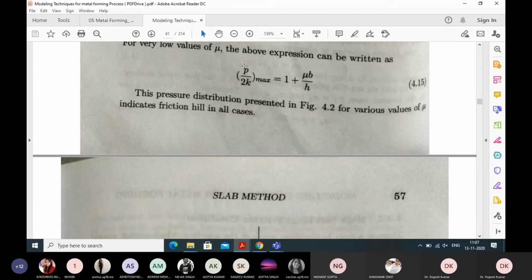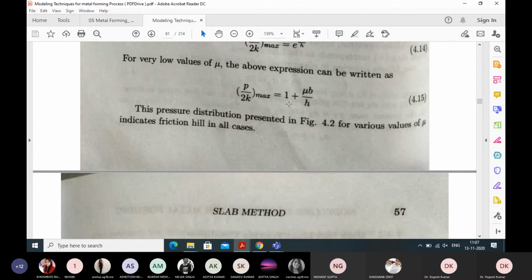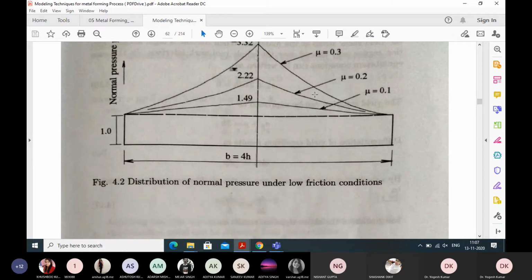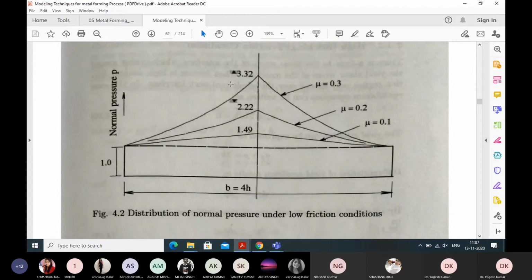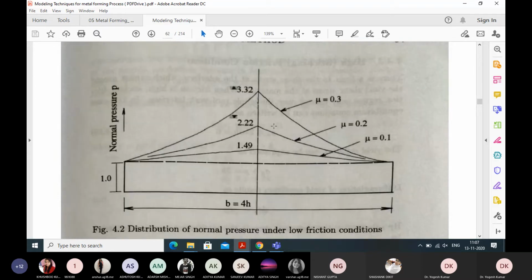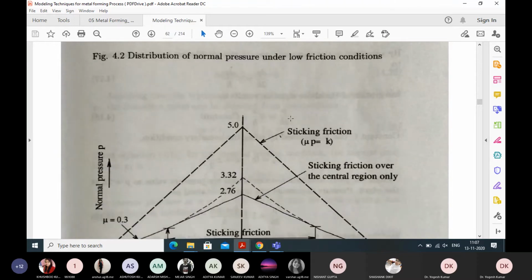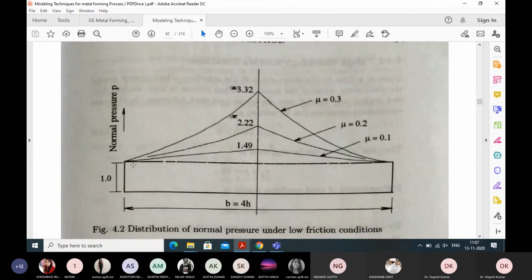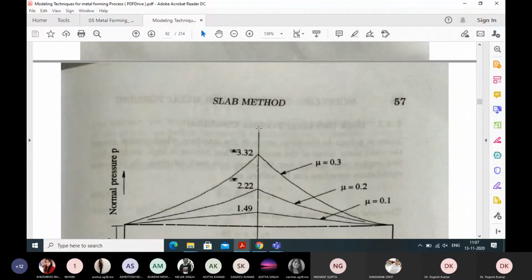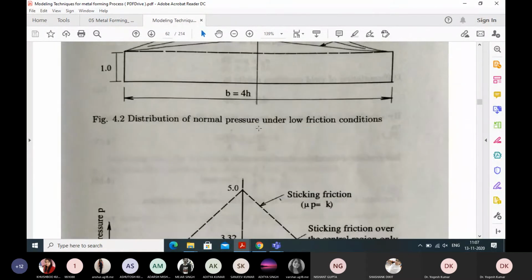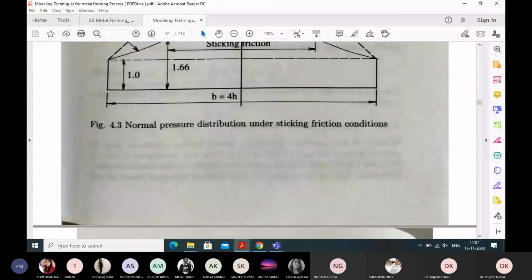यहाँ से ये हमारा ये था P/2K. I think there is no doubt till here. Okay, so these are the certain pressure distribution graphs which have been shown for different values of mu. This is just for showing the pattern how the pressure rises in the case of your forging process. Okay, so this way we can predict.